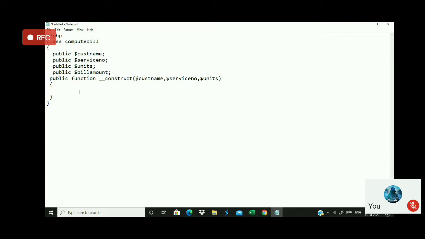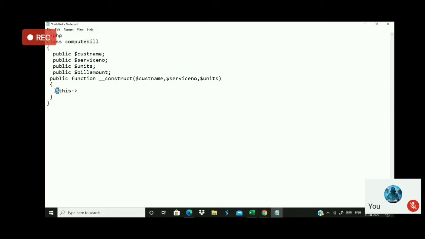Sir, using this. Yes, using this. Whether I have to use dollar this or simply this, ma? Sir, dollar this. Yes, use dollar this. I put an arrow mark here. And what is the name of the first parameter? It is called dollar customer name.